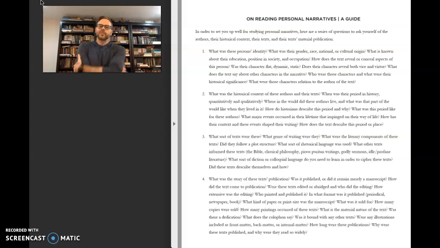Then also talking about the sort of text. All of these texts that we're looking at are personal narratives, but we're also going to look at correspondence literature too. And so having an idea of the conventions of what it was like to write letters and create correspondence, or the nature of journal entries and how they were used or where they were used, how they were read, when they were read, where they were read,